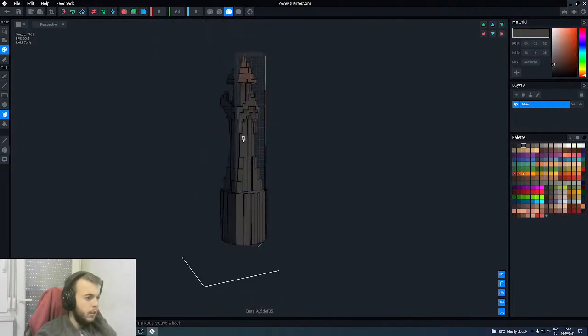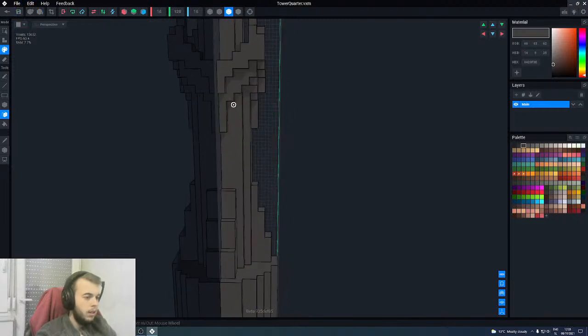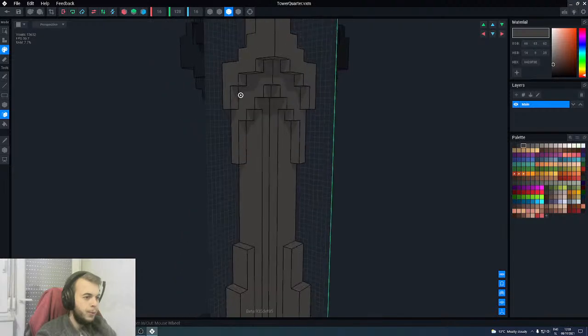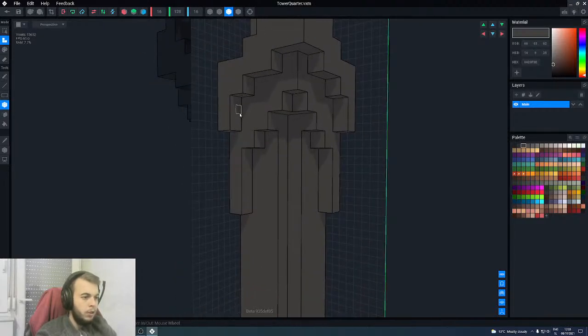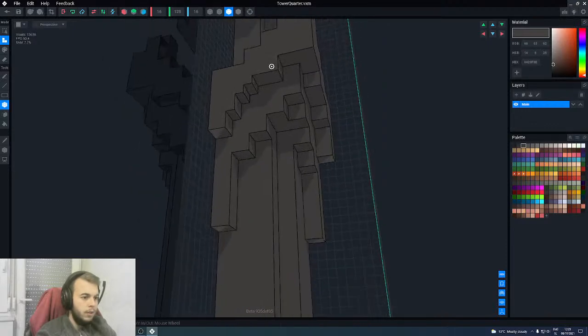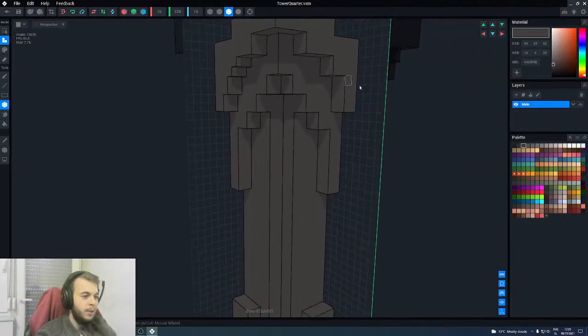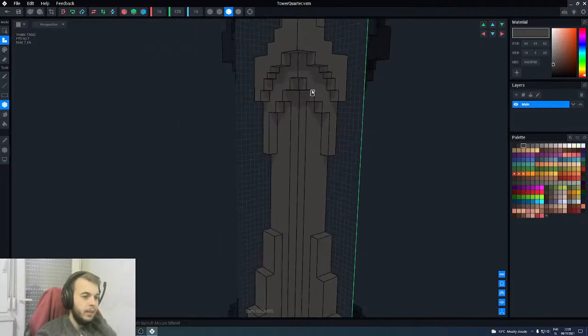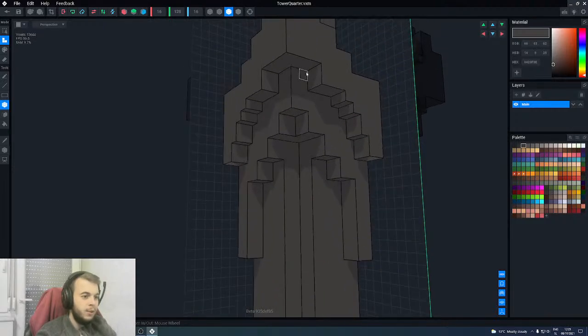And now I think it would be about time to just kind of upscale it and maybe make a couple more details. So let's see, maybe we can try to make some of these curves look a little bit nicer. Like that, and then we need to be careful that we apply the same changes on the other side as well, because that's the only way we can actually nicely mirror it. So yeah,